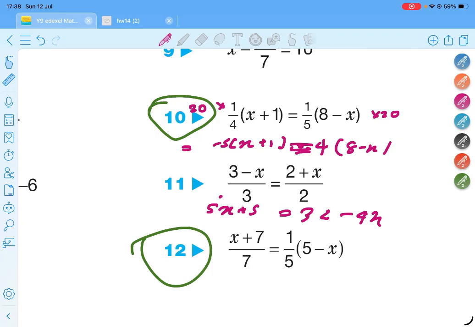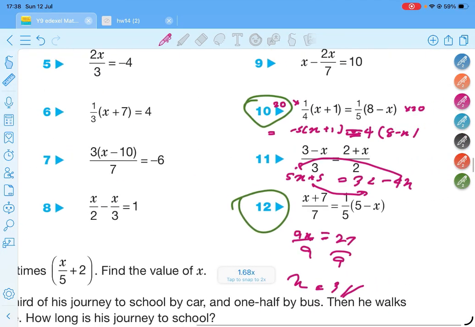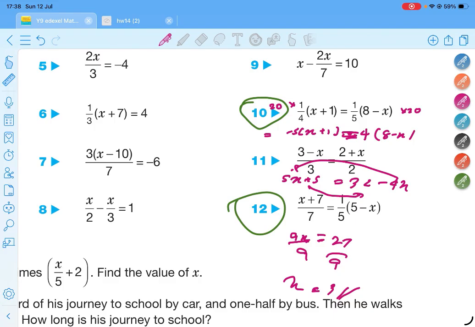Then what is possible? This one goes to here, the number goes to here. This one comes to here, it becomes positive 4x. 9x is equal, so 5 comes here, minus 5. 32 minus 5 means 27. Then you can divide both sides by 9. Then you can finally get x equal 3. Is this correct? I didn't make a mistake. No.